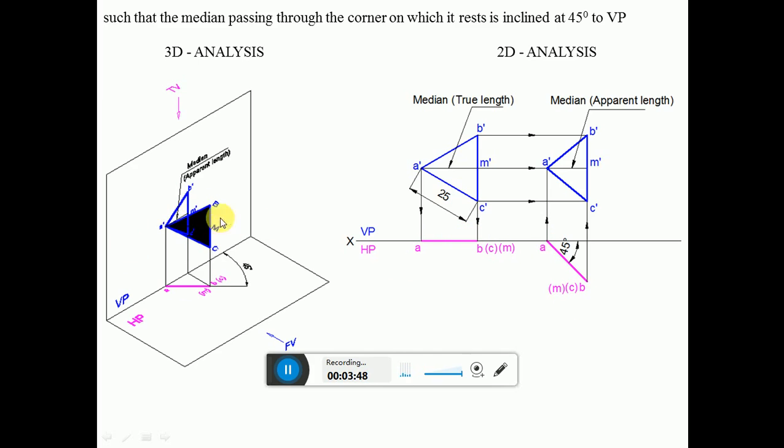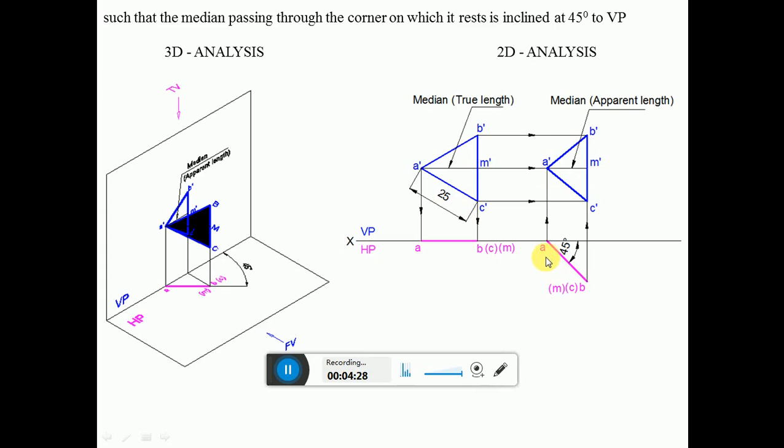This is evident from the 3D analysis. You can see that capital B and capital C and M, the entire surface is rotated by an angle of 45 degrees with respect to VP, with A on VP. So A is on VP, and it is inclined at 45 degrees. Then you project from point A vertically upwards. From A dash you draw a horizontal projector to get this point. Similarly, you draw vertical projectors from B, C, M continuously. From B dash you join, from M dash you join, from C dash. So you get a triangle again of apparent shape.